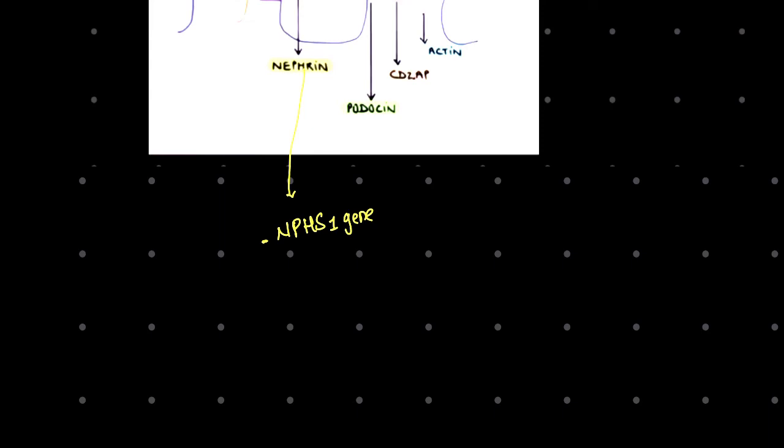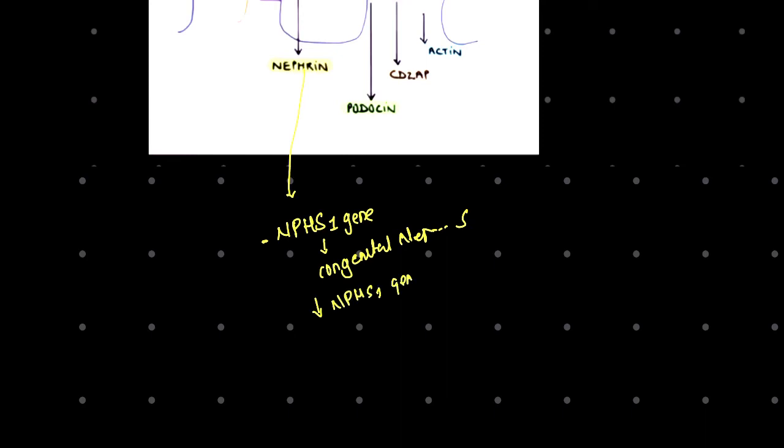And if there is any defect in this NPHS1 gene, then there will be the condition of congenital nephrotic syndrome. As I'm saying, if there is a reduction in the activity of the NPHS1 gene,